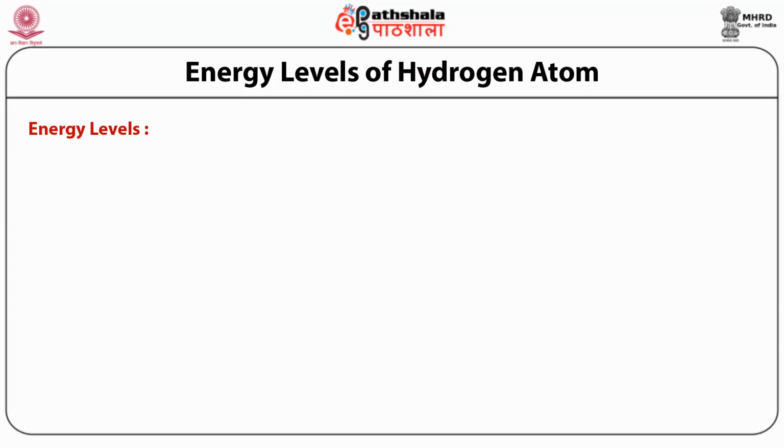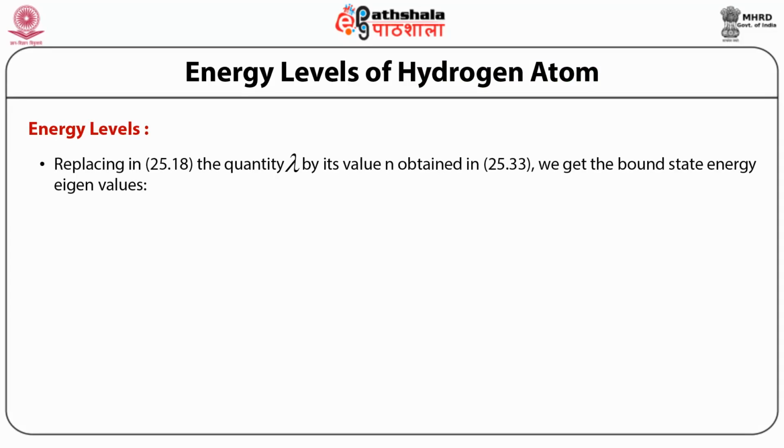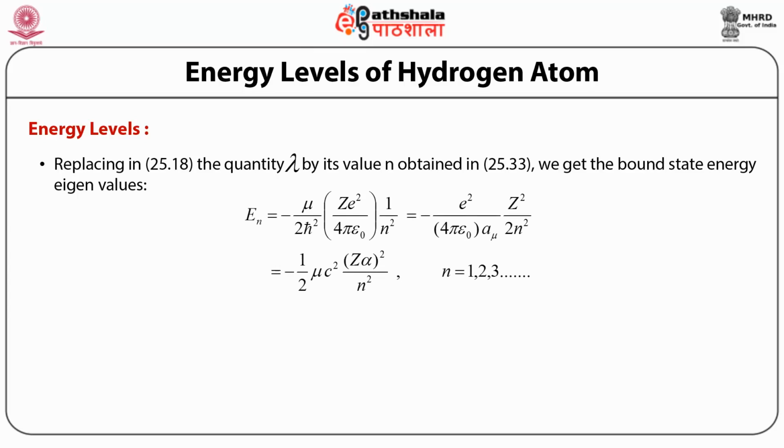Energy levels of hydrogen atom. Now replacing in 25.18 the quantity lambda by its value n obtained in 25.33, we get the bound state energy eigenvalues as E_n equal to minus mu by 2ħ² multiplied by (Ze²/4πε₀)² multiplied by 1 by n², equal to minus e² Z² by 4πε₀ a_mu 2n², equal to